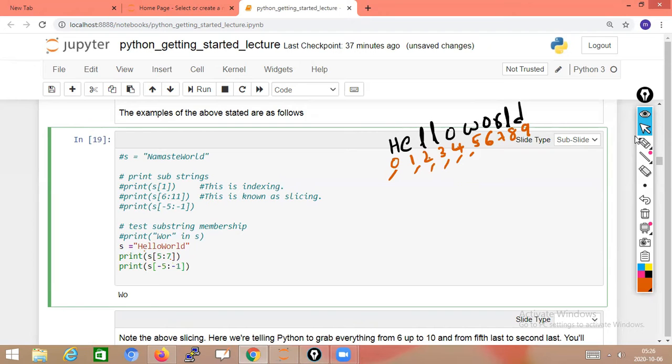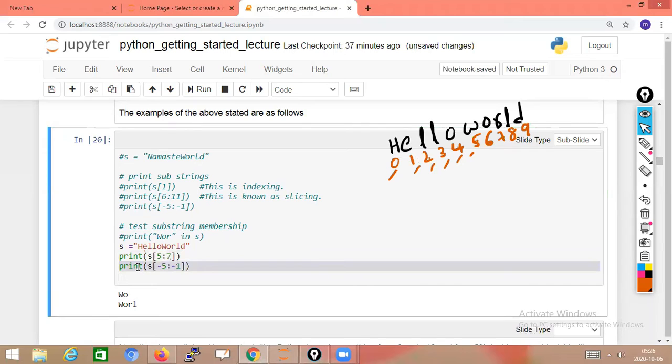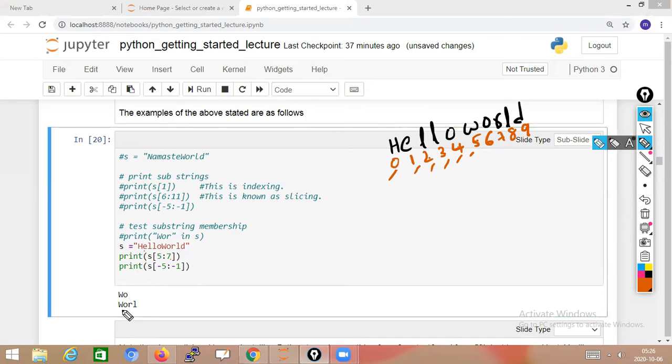Okay, now select this line, control enter. What is your output? You got the output WORL.